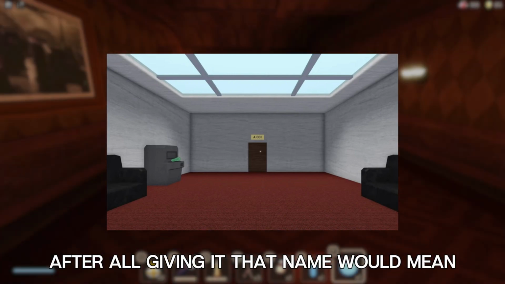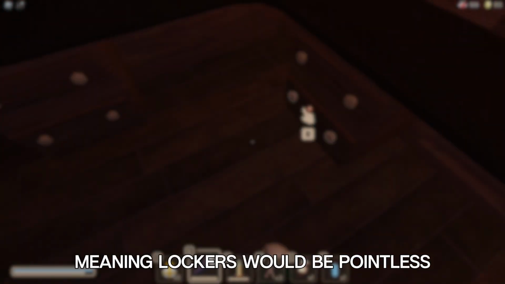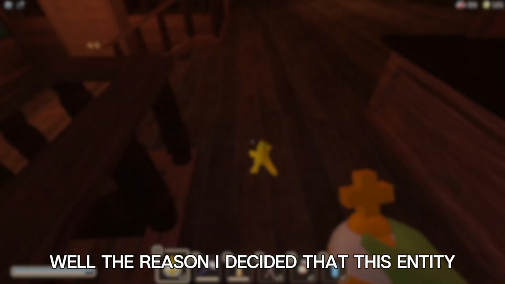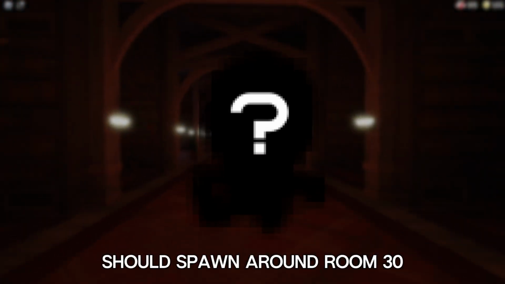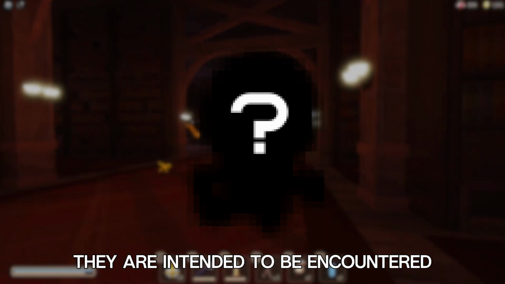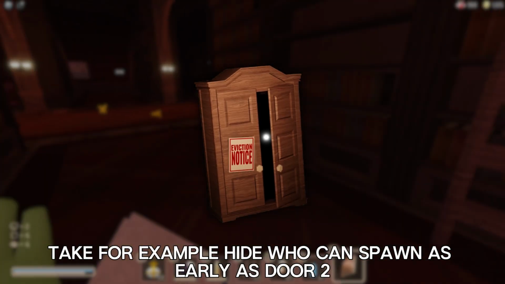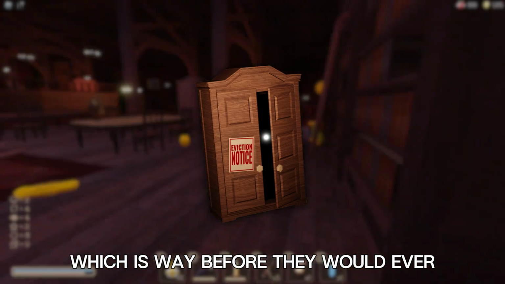After all, giving it that name would mean it would have to spawn around Room 30, and at that point in the sublevel, there really isn't any threats to worry about, meaning lockers would be pointless. Well, the reason I decided that this entity should spawn around Room 30 is because other entities similar to it already spawn before they are intended to be encountered. Take for example Hide, who can spawn as early as Door 2, which is way before they would ever be